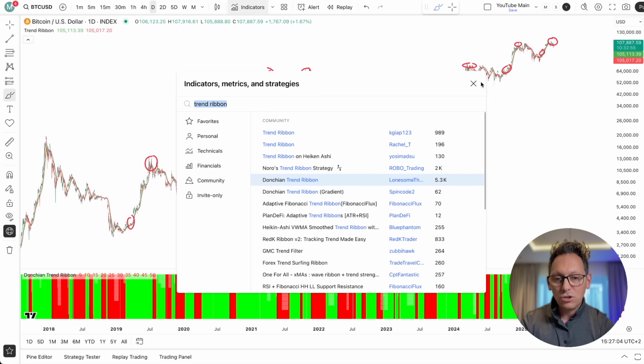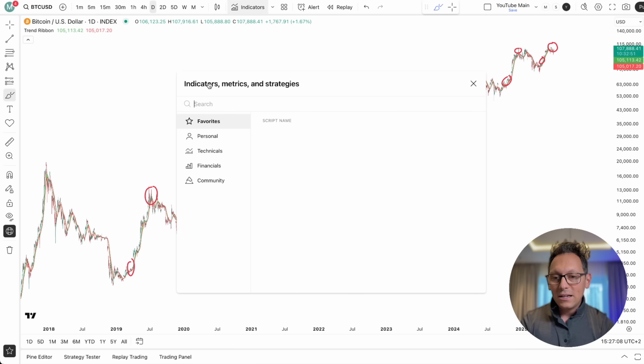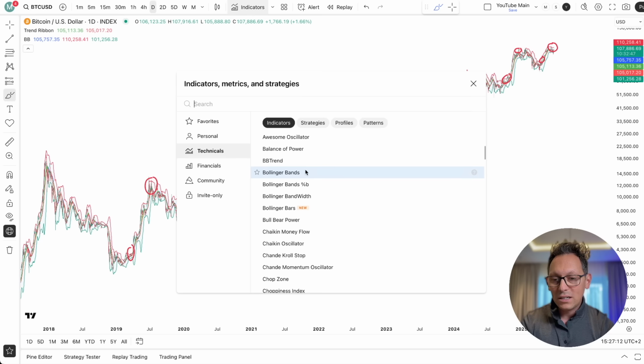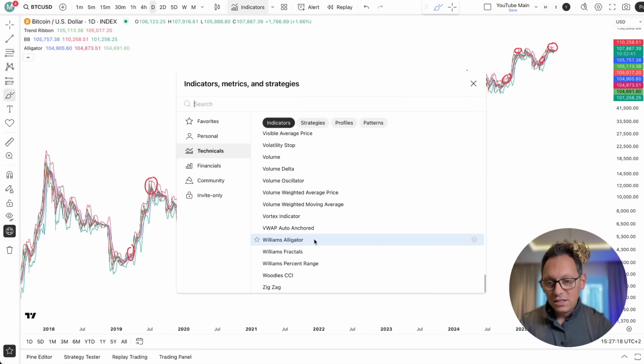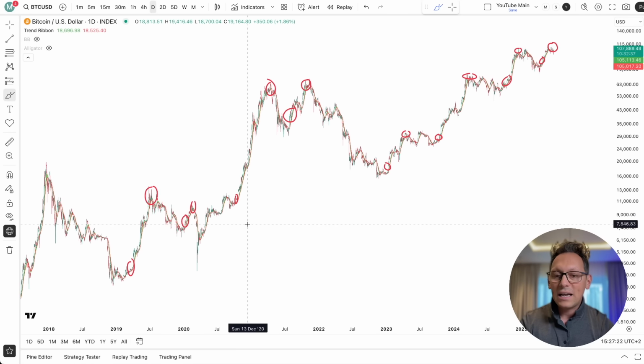But I need it to be on the chart, on the price action, not here on the bottom. So that doesn't help me. I will remove that again. And then I can go to the technicals. I can add, for example, Bollinger Bands. I can go and add all sorts of things. Today, we're going to add the Williams Alligator Indicator. But let's go through them step by step. So just as an idea,